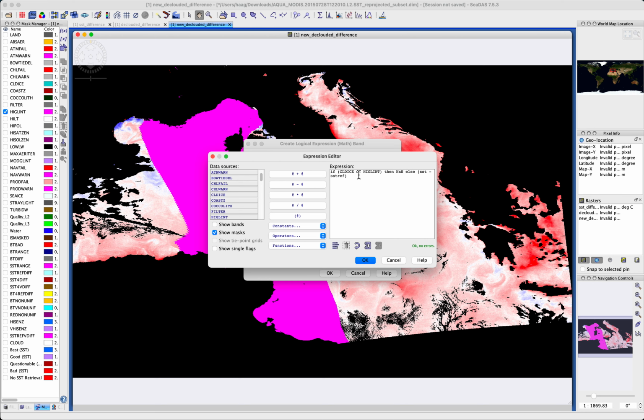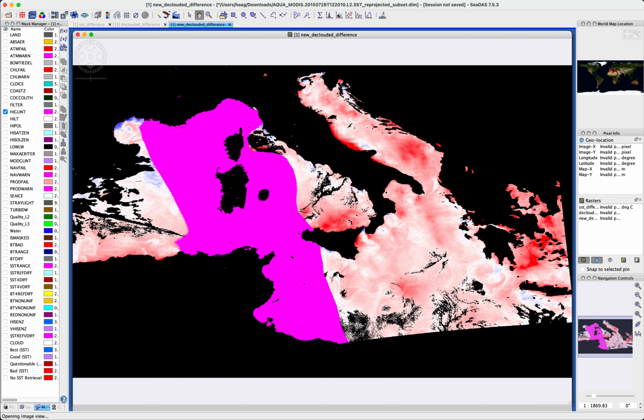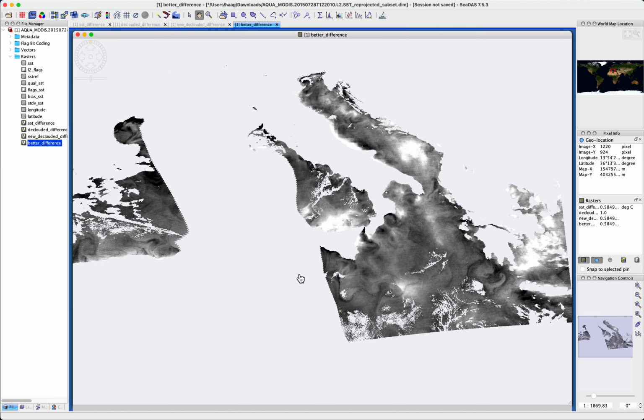Be careful choosing or and and here. I would only exclude those that were marked both cloud ice and high glint, which will only be the cloud pixels in this magenta area over here, and would not include many others. Okay, so if I click OK here, I'm just going to call this a better difference, and click OK. Go back to my file manager. And in my file manager, I've got better difference. It's opened it. You can see it's now excluded the